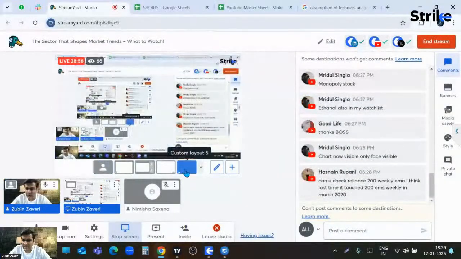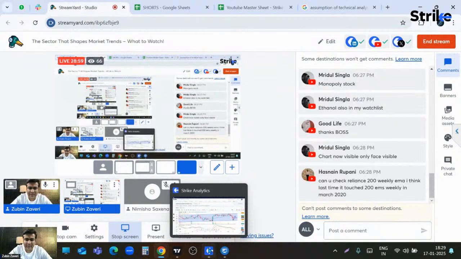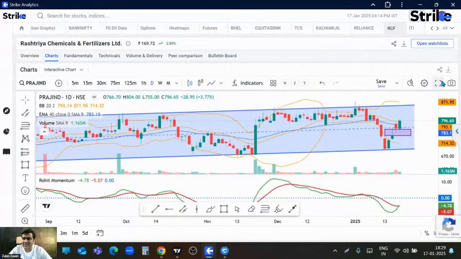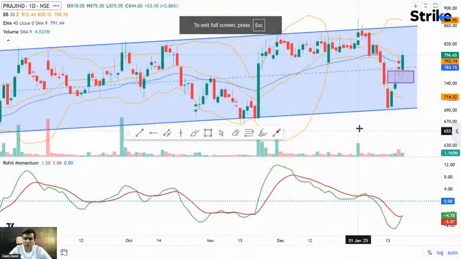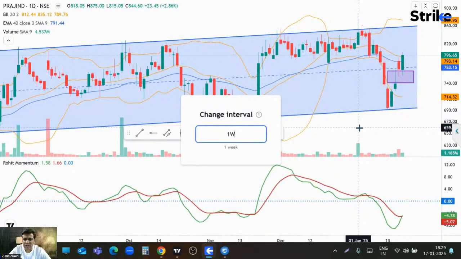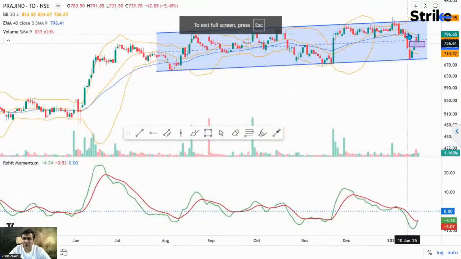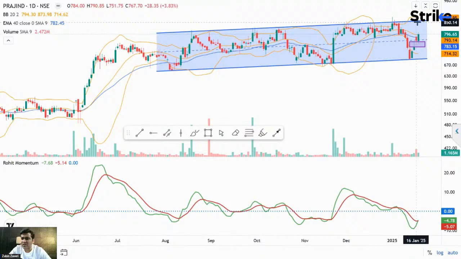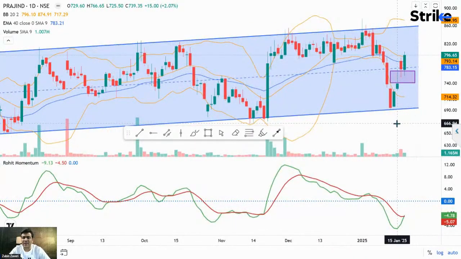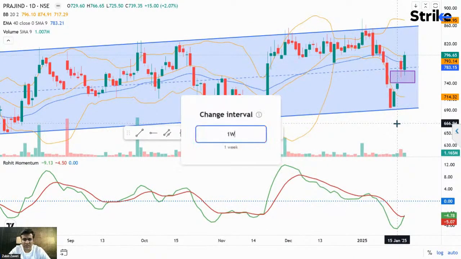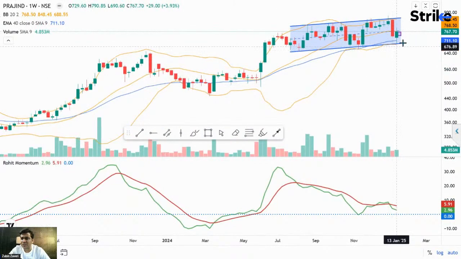Oh, I'm so sorry. Let me just show you this chart once again. So I hope you can see the chart of Praj. I had shown you this on the weekly chart, or on this daily chart itself. It's going up in a channel. All right. So 850, 860 is acting like a resistance, and this gap area is acting like a support level for Praj. All right, and the weekly momentum is also not so strong.